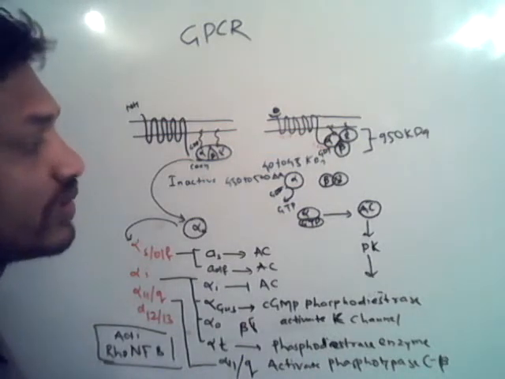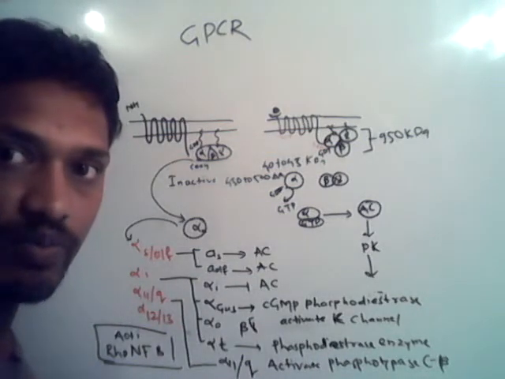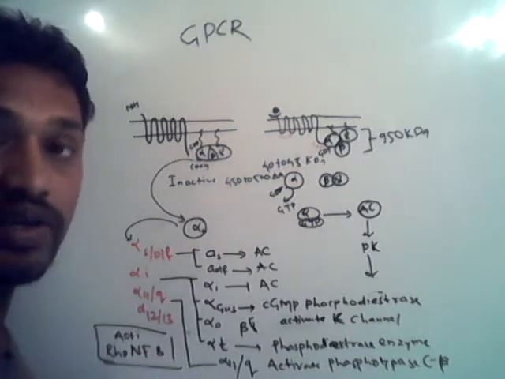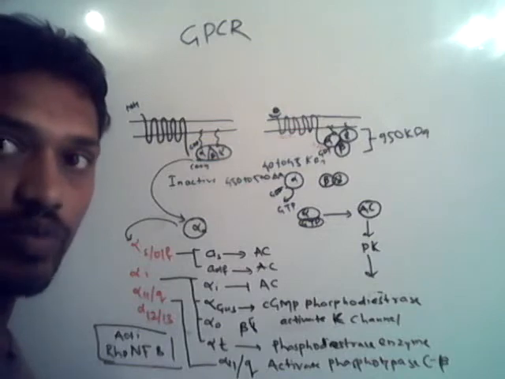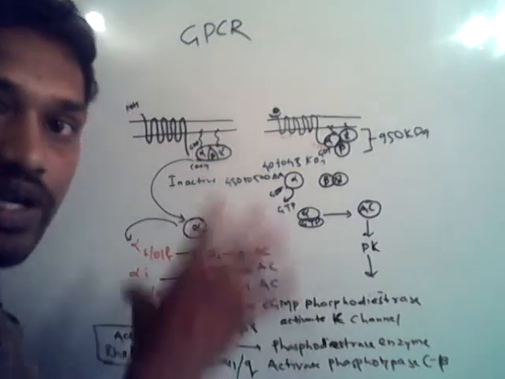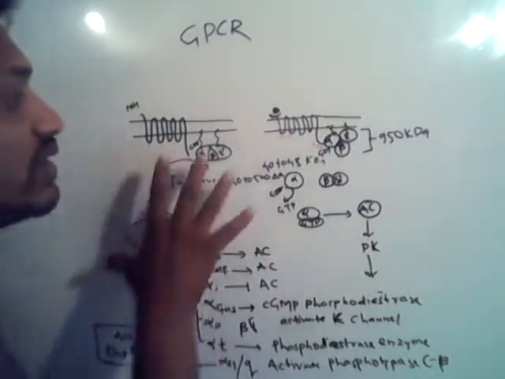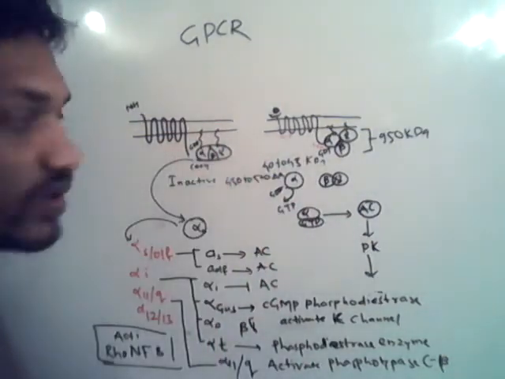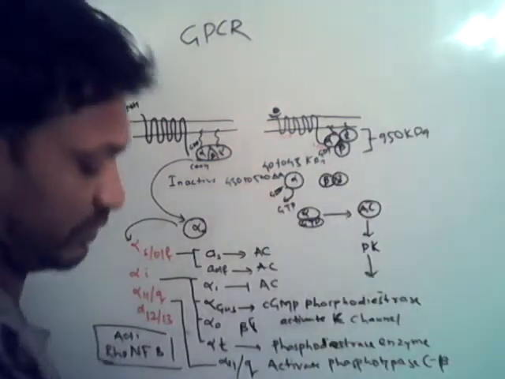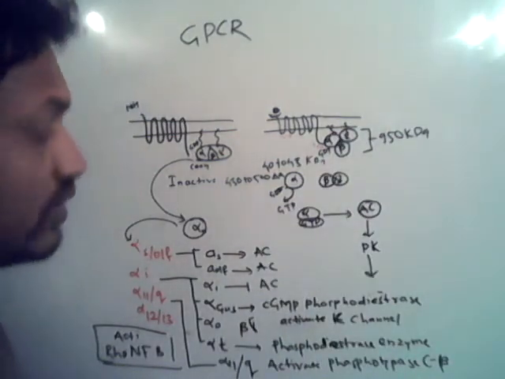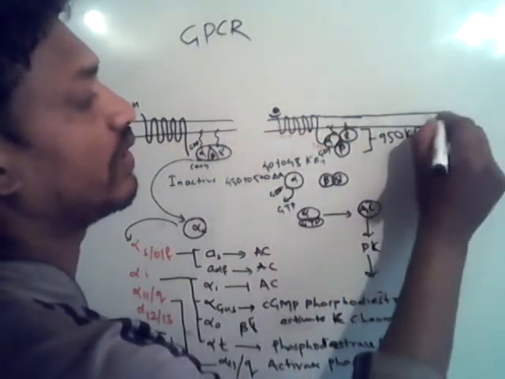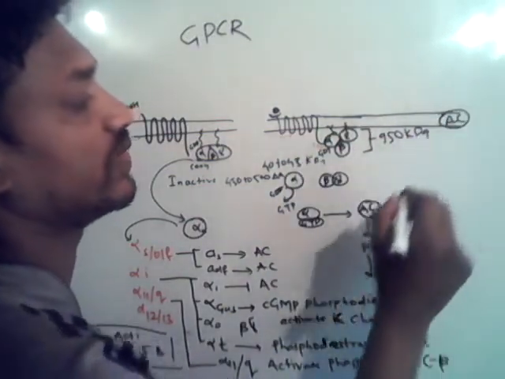The G protein coupled receptor is a membrane-bound receptor. Some lipophilic and proteinaceous hormones, meaning protein nature hormones, and some lipid nature hormones usually bind to this receptor. This is known as G protein coupled receptor. And the adenylyl cyclase is present in the membrane a little far. For example, here the adenylyl cyclase is present.